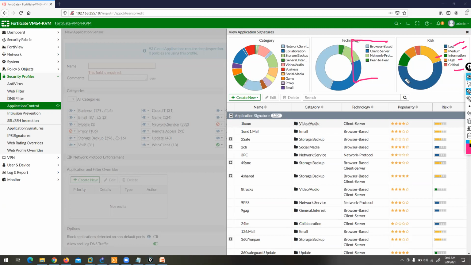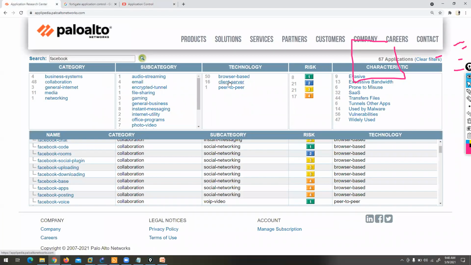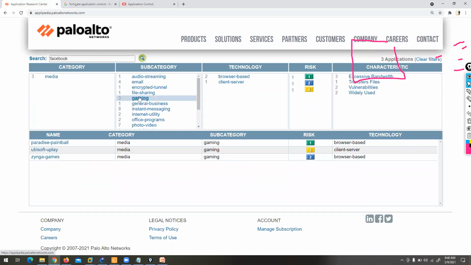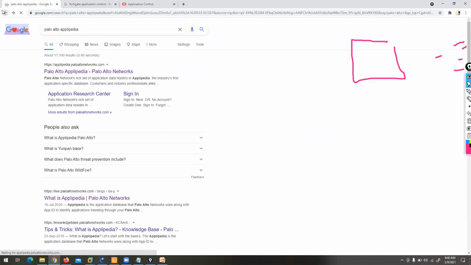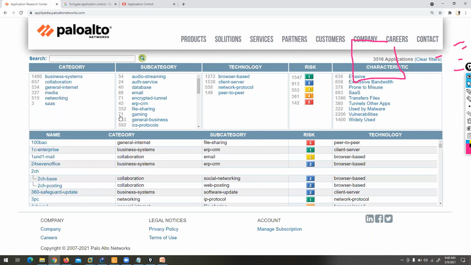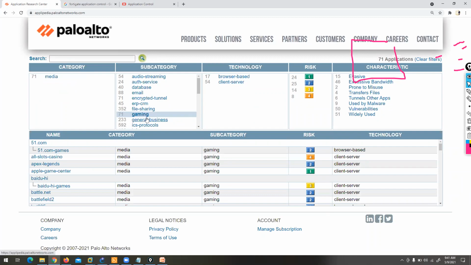And we also have technology. You can get the same information in Palo Alto also. See, technology. Like I want to block all gaming applications. Wait, let me delete this option. So if I want to block all gaming applications, as per this database they have 71 gaming application entries. If you click here, you can also define your technology, for example gaming applications that clients are using.